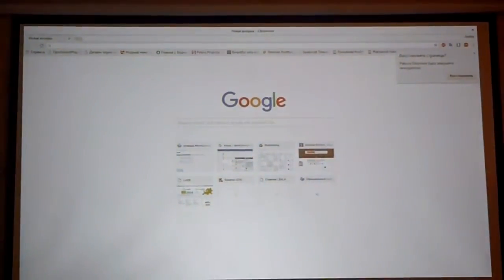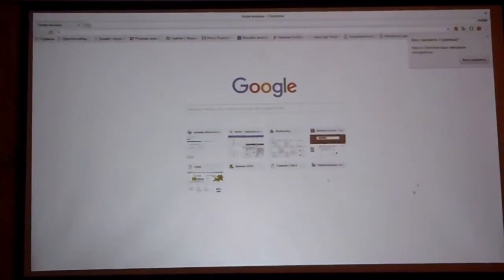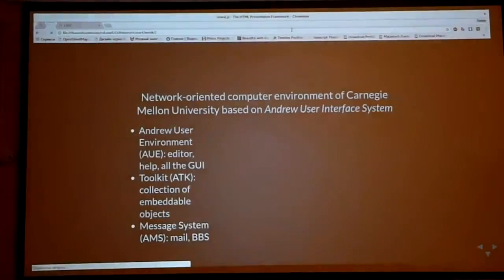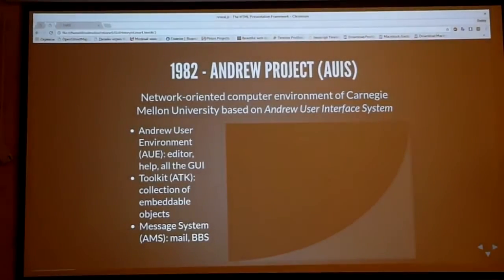So the technology is not so complicated. Just a moment, I'll run the browser once again. Yeah, it's here. And we can continue, just run them.